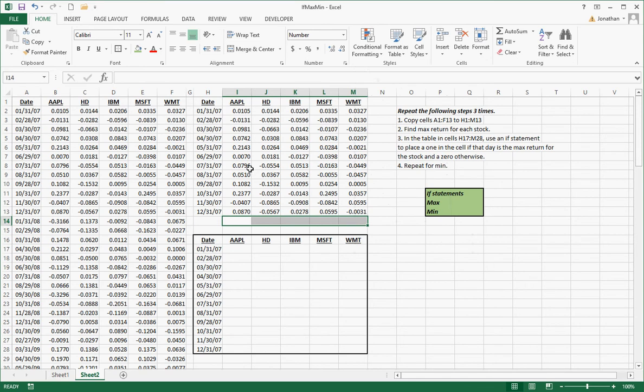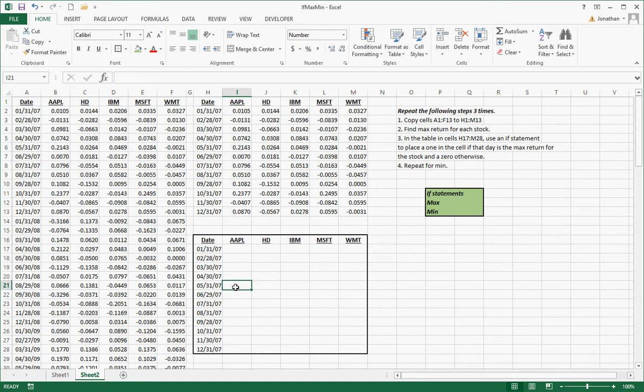So without having to go through here visually and see which one of these is the highest, I want to have a 0 and a 1. 0 meaning it's not the max, 1 meaning it is the max, for each one of these stocks. So how do I do that? That's an if statement. When you're using Excel, think what do you do almost subconsciously when you have to explain it to Excel. So I look at this number and say, is it the max of this entire column? No. Is this number the max? No. But if this number right here was the max, I would want to have a 1